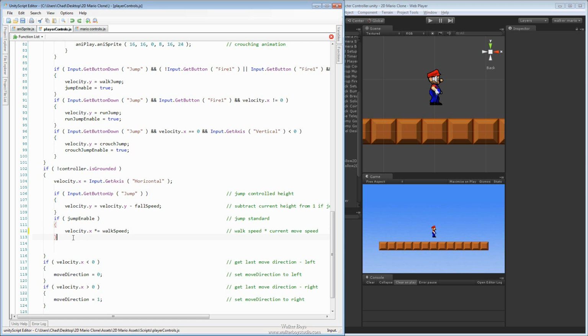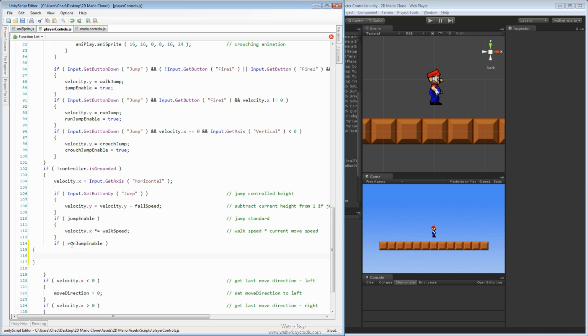Alright. And then we can go ahead and fill the rest of them out because they're going to be very similar to this. So we'll go ahead and just place these in, then we'll place in the animation frames for each one as well. So again, the next one is going to be the run jump enabled. So if run jump enabled is true, then we want to actually have the character's velocity,